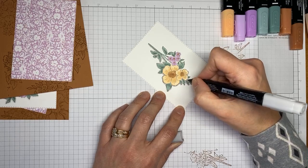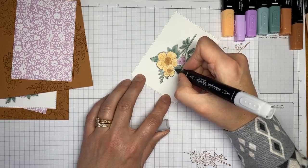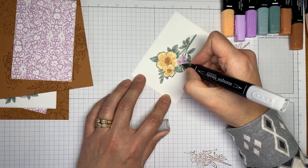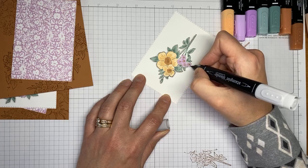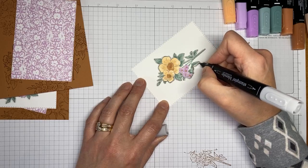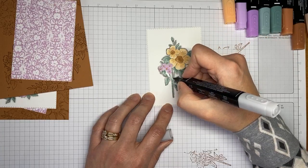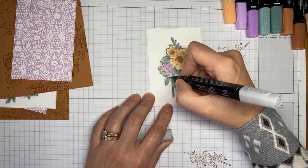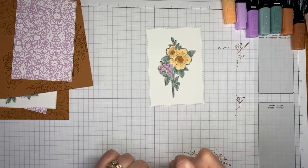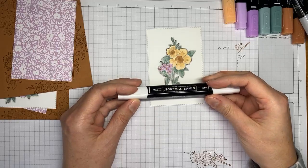We'll get through it. All right, so again, just finishing, this is light smoky slate, and I'm just going to trace all the way around the edges of all the flowers and the stems and the leaves, and kind of getting in between everything to make sure that we've got it all. Tracing around anything that's white, or that's up next to the white, I guess is what I should say. All right, and we're going to go down here in the middle, a few little spaces in here. Okay, now again, I know that looks rather dark and harsh, and you're like, oh my gosh, she's just totally ruined the picture. But if you take your color lifter,